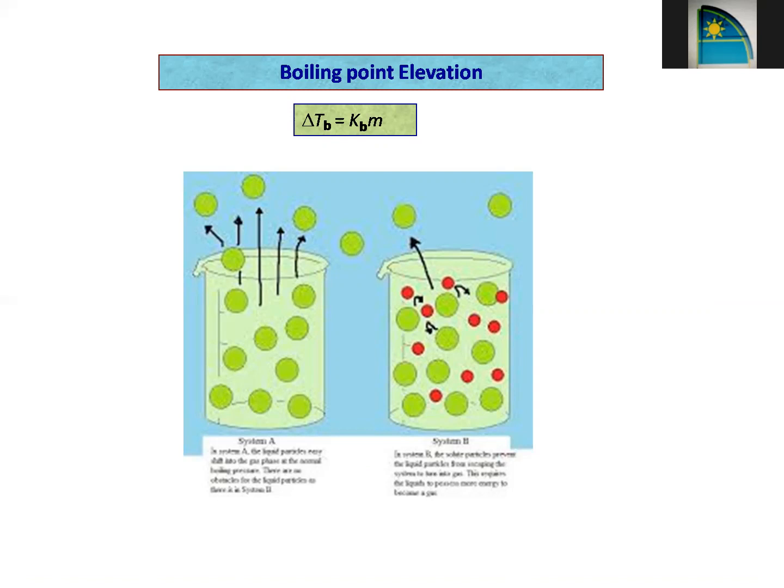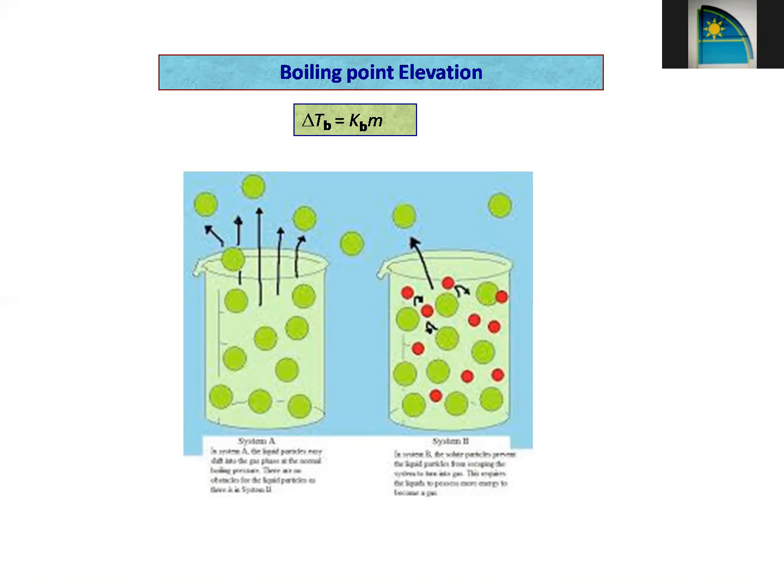Similar to boiling point elevation, we have another property which is known as depression in the freezing point. For depression in the freezing point, we can explain the same thing. But instead of writing the relation as delta TB is equal to KB into small m, instead of B we will say F. So delta TF will be equal to KF multiplied by the molality. That will be your depression in the freezing point.